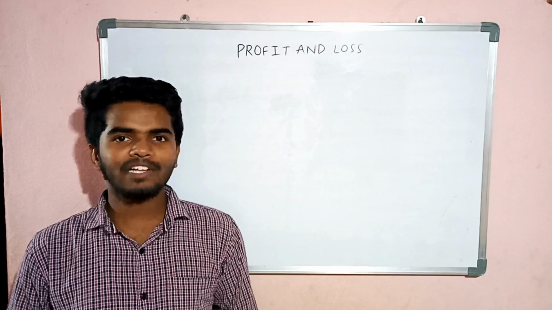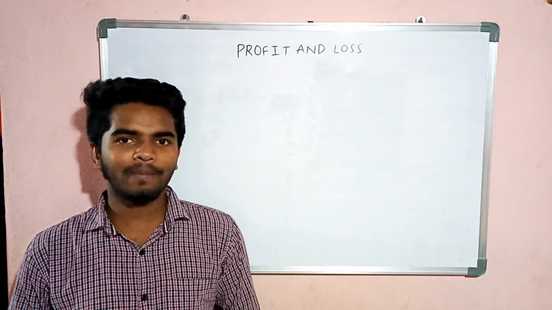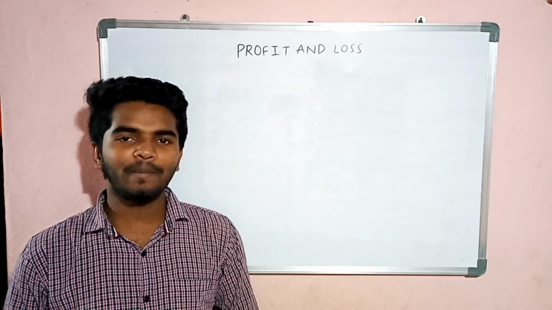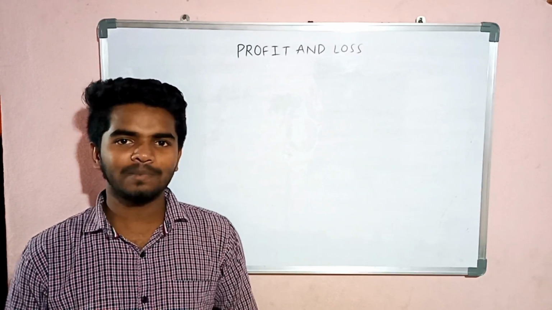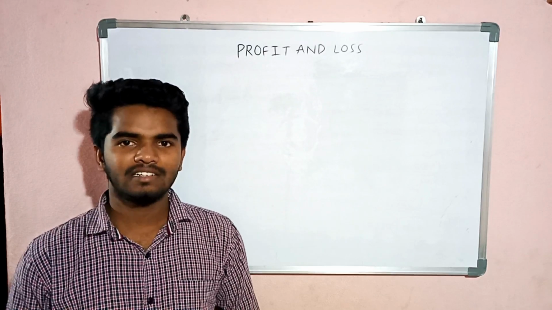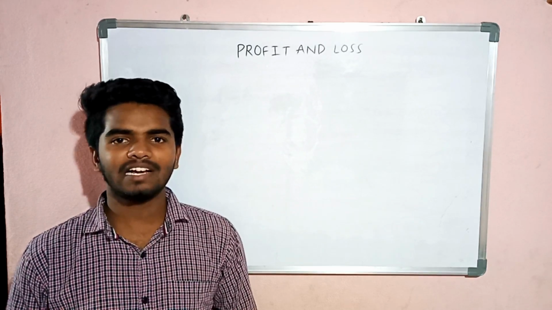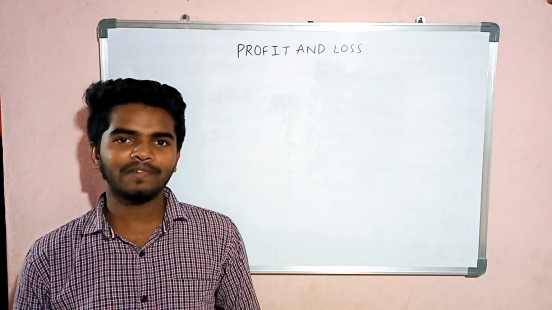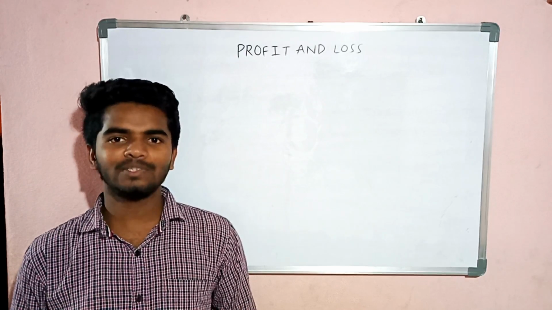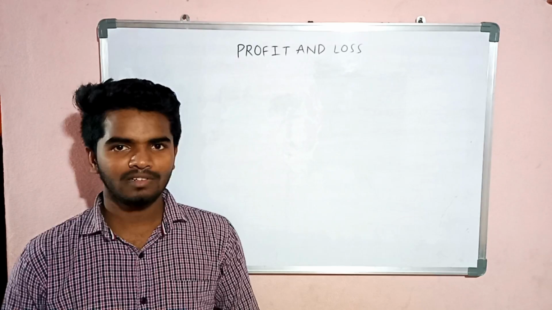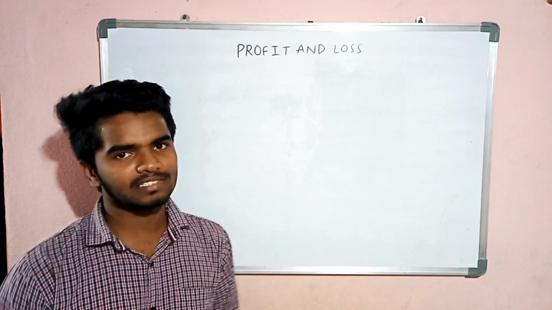Hi friends, welcome to Arithmetic Shortcuts, and today's topic is profit and loss. Profit and loss is one of the many application-oriented concepts which deal with day-to-day transactions that happen in one's life. Profit and loss occur when goods are purchased from a seller and subsequently sold to a buyer. Now I will explain the concepts of profit and loss.